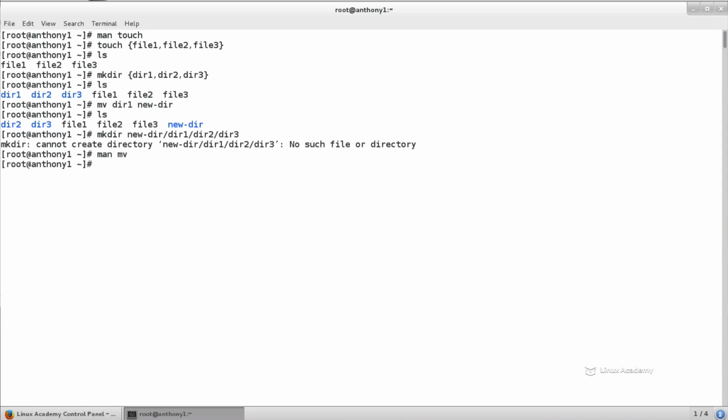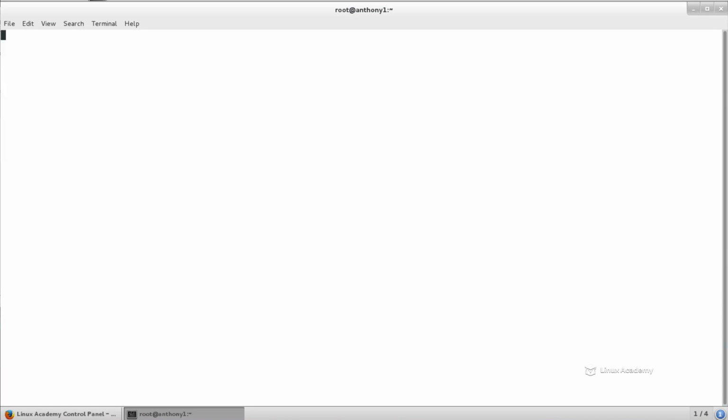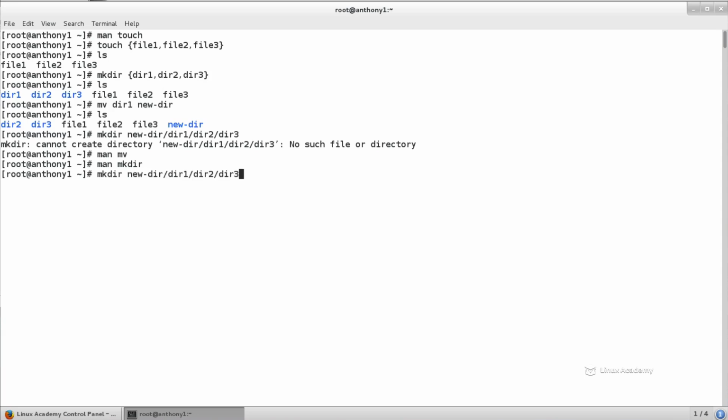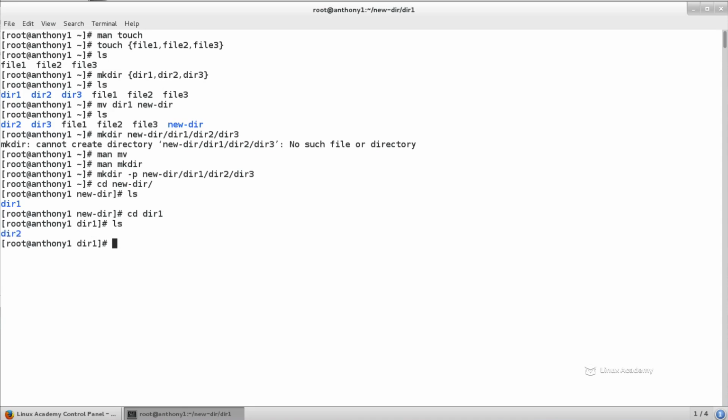So real quick, let's take a look at man mkdir. If you notice here, we have -p: no error if existing, make parent directories as needed. So let's go back up to our command, do a mkdir -p, and then head into our newdir directory, and we'll see that we have dir1. cd dir1, there's dir2. cd dir2,